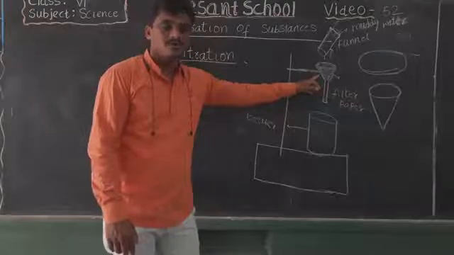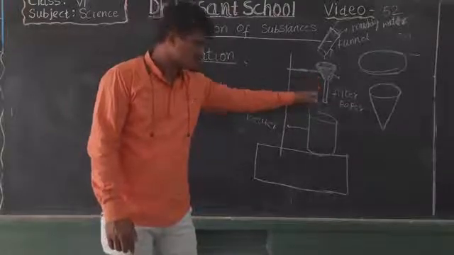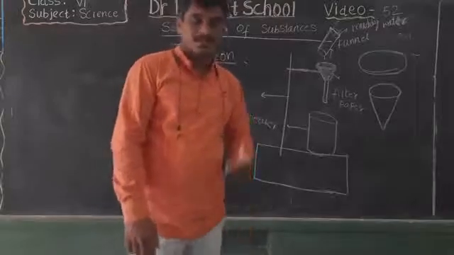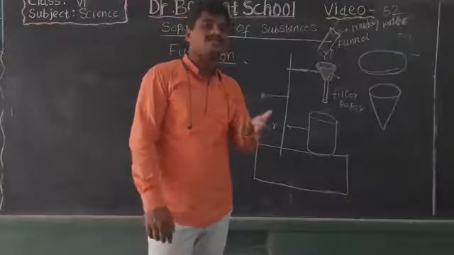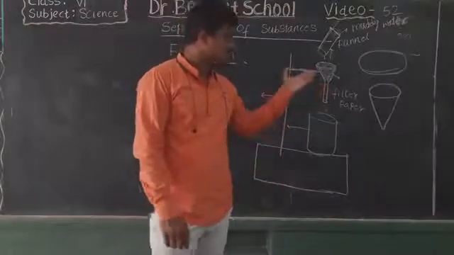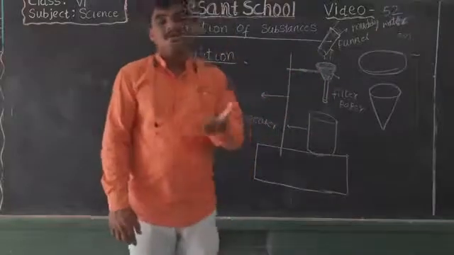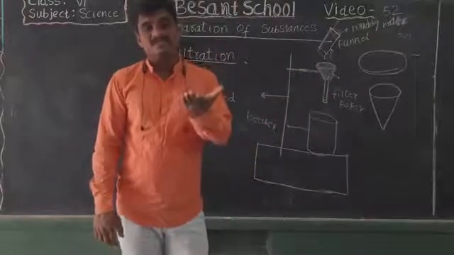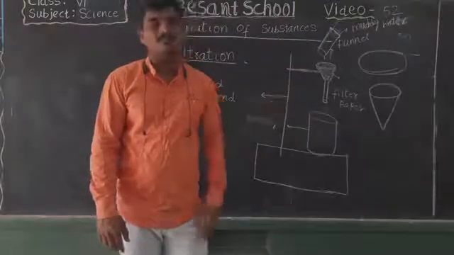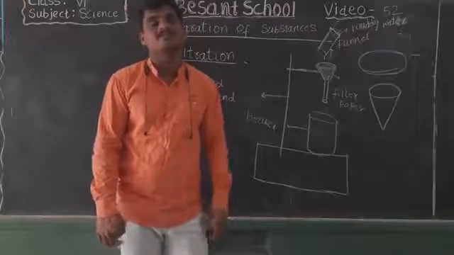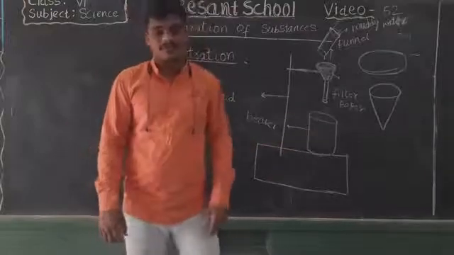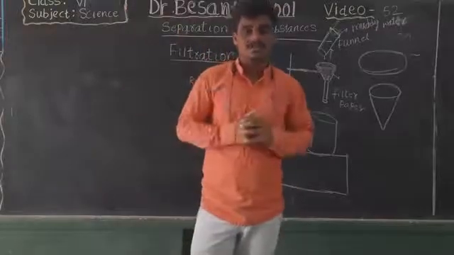You know that water molecules are very small, so they pass through the holes of the filter paper, whereas the clay particle size is a little bigger than the holes of the filter paper. The clay particles are left behind, present at the top of the filter paper. They cannot pass through the holes, such that finally we will get pure water. Okay, this is the process of filtration.